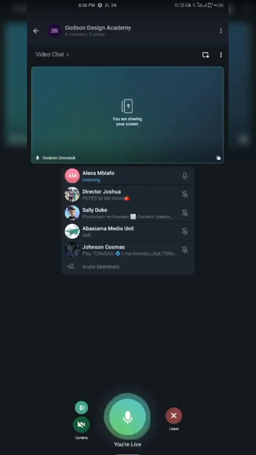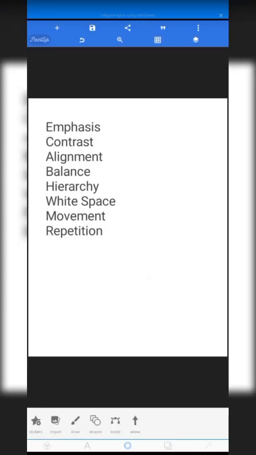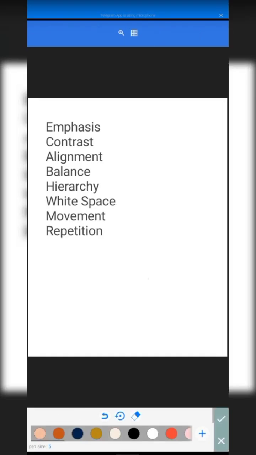All right, Joy. So we're going to move to the next thing. Cosmos, I see you here too. The next thing we have is hierarchy. And this is very beautiful. I want you to take note of this particular design principle. Every designer needs this hierarchy. And in our last class, I explained hierarchy to be,